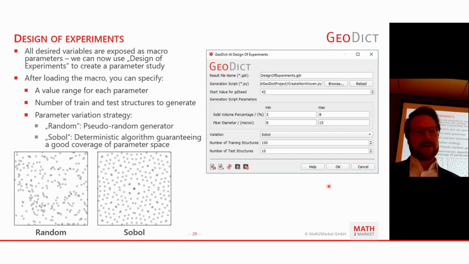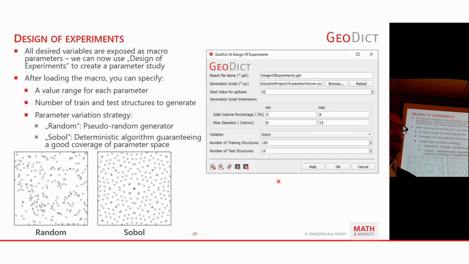Now, last but not least, what you have to specify is the number of training structures to generate and the number of test structures. So the training structures are the ones which are actually going to be used during training of the neural network. So this is basically what the training process sees. And the test structures are basically a holdout set that is not going to be analyzed by the training. So you can use them later to test if the network that you have trained on your training structures generalizes to those test structures. So they are pulled from the same distribution, but they are never considered in training. So it cannot learn directly from these structures.